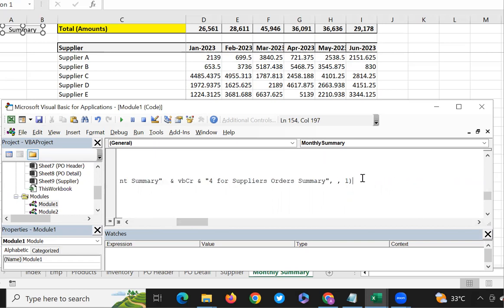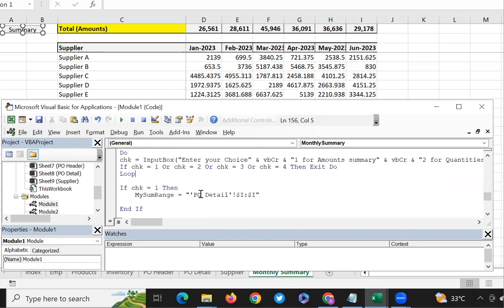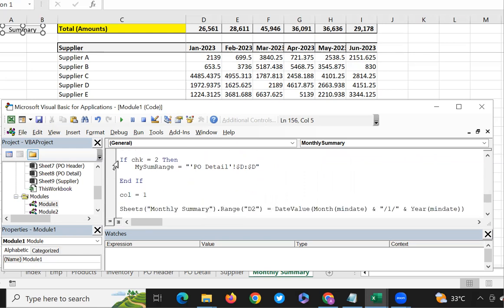We are going to do this, and now this will be the same. And here, what would be the change? Here we will copy 3 and 4, and paste. This is 3 or 4. Then exit. Now, if it is 1, then the sum range is different. If it is 2, the sum range is different. And if it is 3, yeah,